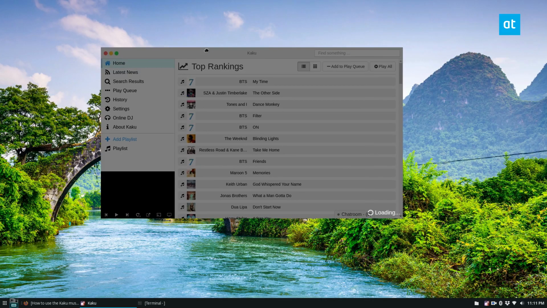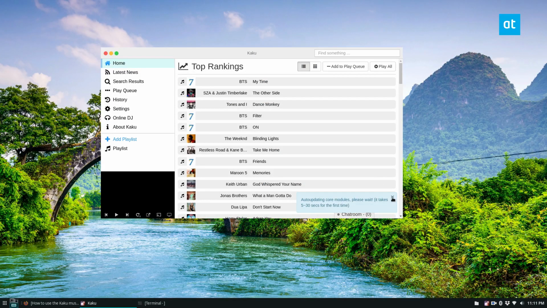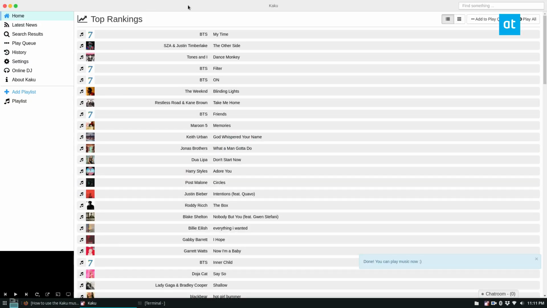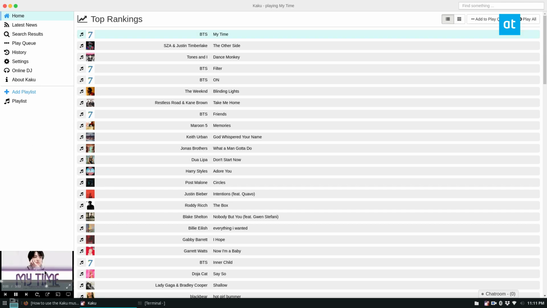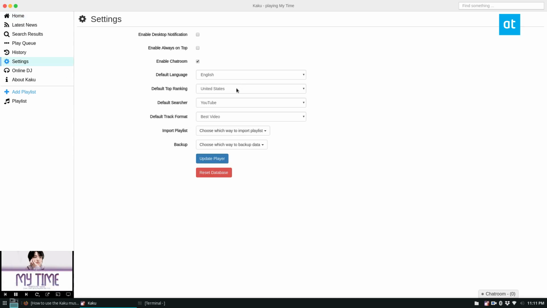Now, this app is hit and miss sometimes because it's under development, but it works. So now if you want to listen to music, all you got to do is find a song and it will play it. And since the default is YouTube, I believe, it will just play directly from YouTube. And I don't know who this is really. I think the region is okay. Well, it is set to the United States, but it plays music here. I have it muted for copyright reasons, but you can listen to music from YouTube, and you can also switch